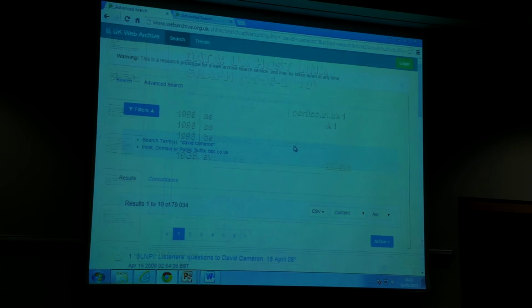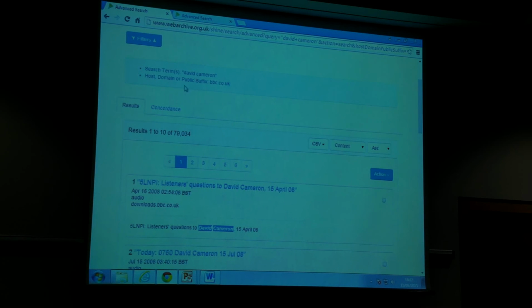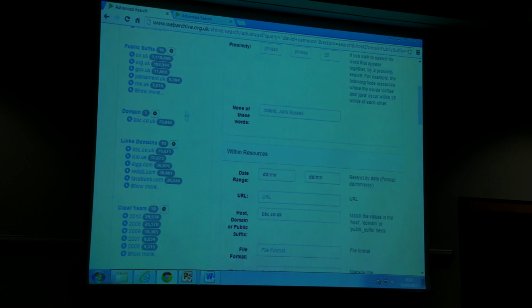But you can, for example, use the URL field. There's a field called URL, which is ambiguous, but that means it contains a URL to this. No, it is that stuff from just that URL. So how is it different from the domain? Well, it can be the same thing. Oh, okay, I thought that was links to. No. If you search for bbc.co.uk, if you filter on host, domain, and public suffix bbc.co.uk, you get everything in the BBC. If you put that in the URL field, you just get the homepage, or actually not the homepage, but in this context. And so doing it unidirectionally, Tim, I filtered for BBC.